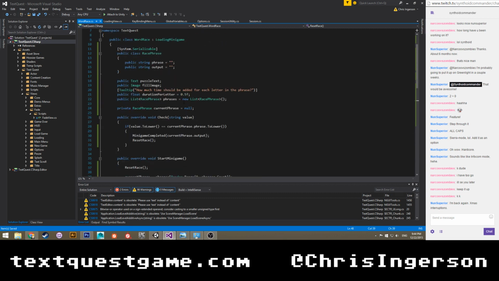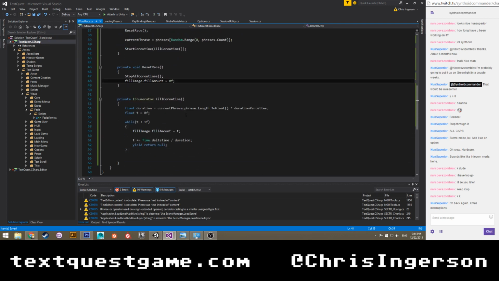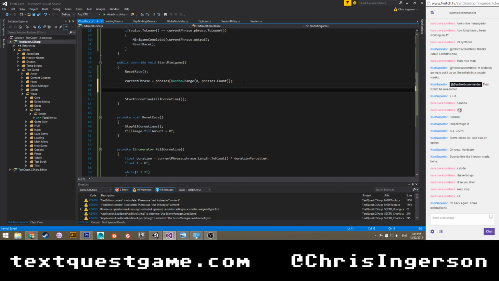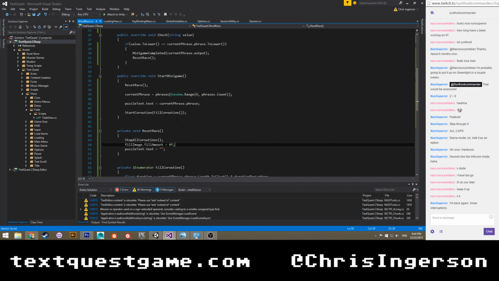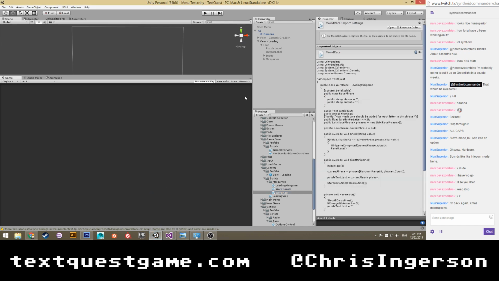I almost forgot. Puzzle text dot text equals current phrase dot phrase. Text equals nothing. Okay. I think all of that is good. Well, let's see what happens.